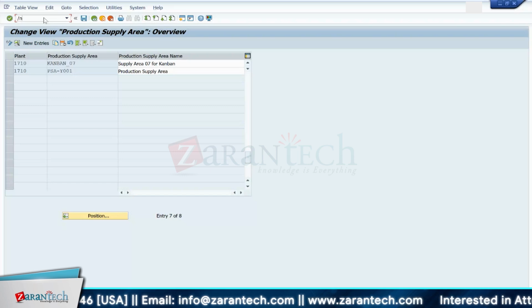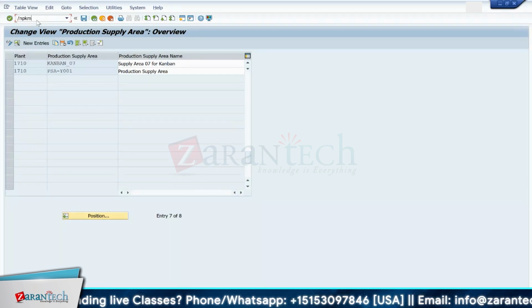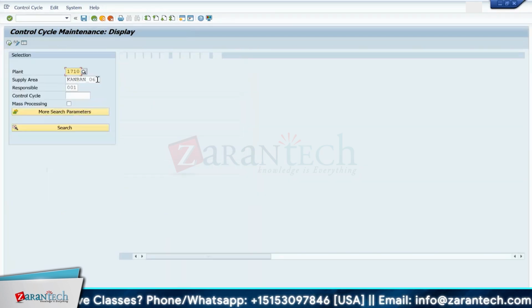So you can select your own storage bins which are assigned to a production supply area, or you can assign any other destination storage bin as well, based on the warehouse layout and setup. That is something which can be configured, and it is not compulsory from a best practice perspective. It depends on the layout of the warehouse. So if we go inside the control cycle transaction now,